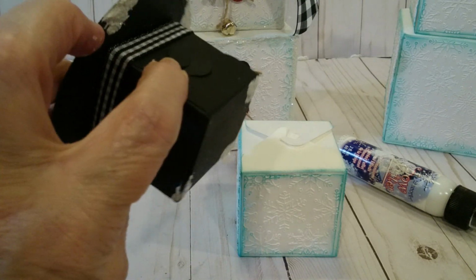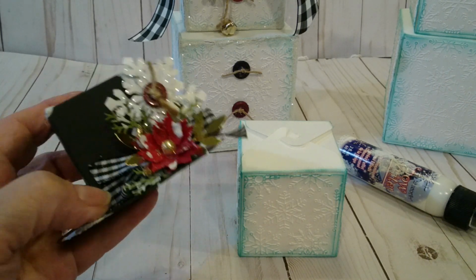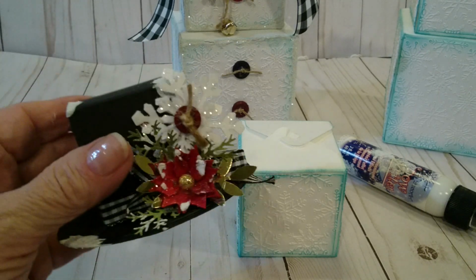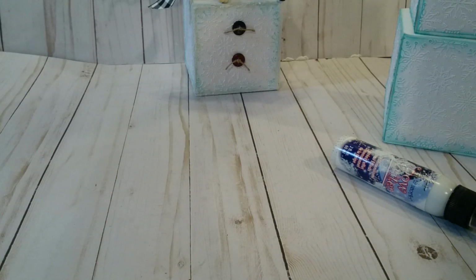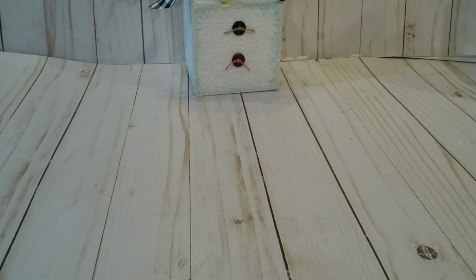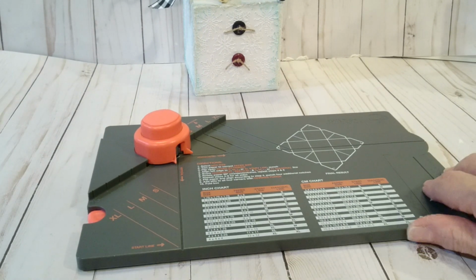Now, to get inside this box with the ribbon around it, you just pop off this snowflake and this ribbon slides right off the hat. It's like a belly band. All right, so that's how I created the stacked snowman, and I'm going to show you what I did to make the inside of the box so that you can put your embellishments in it and to give you nice crisp edges. So I'm going to take out my